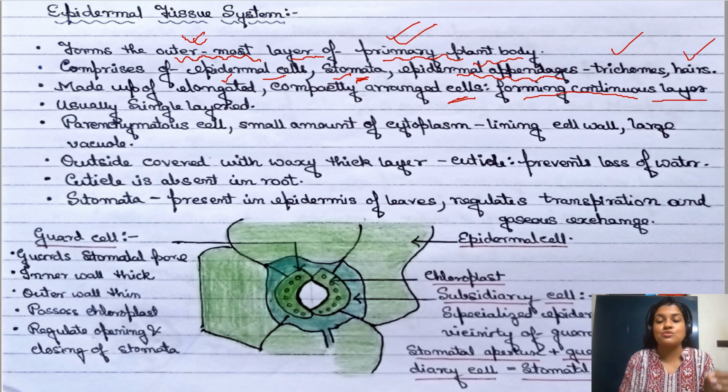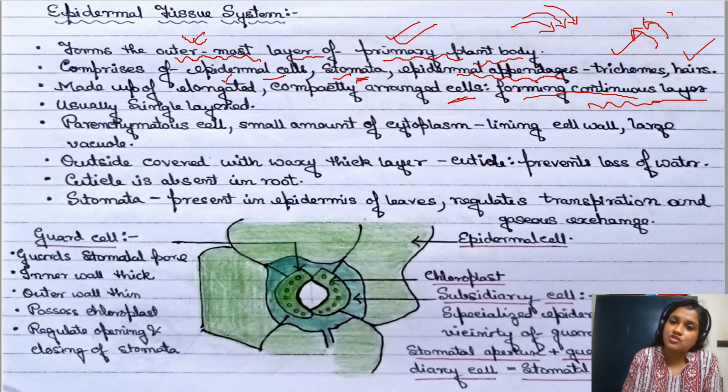Mind it, students, it is very important for the epidermis to form such a continuous layer, without any intercellular space, to prevent water seepage and water loss. They are usually single